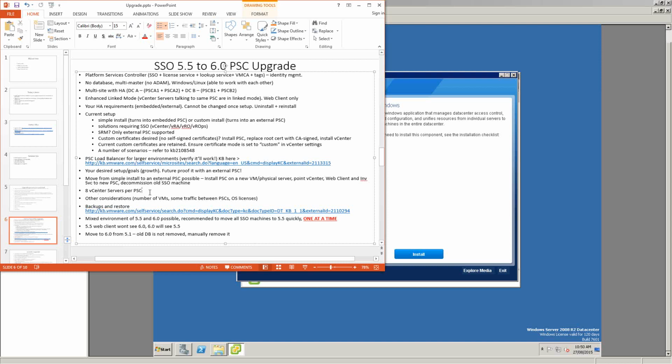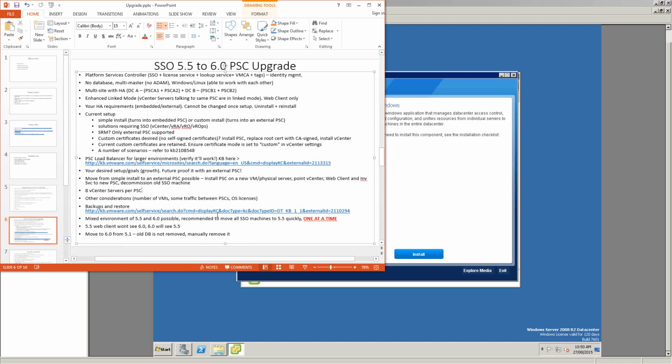I think it's recommended now is 4. But yeah, just make sure that you look that up. And the other considerations would be the number of VMs that you want to have. Also, just so you know, there will be some replication traffic between your PSCs. If you have external PSCs, then you will burn up additional Windows licenses. If you have a data center license, it doesn't really matter, but still the number of VMs increases and there's a slight increase in overhead when you need to patch your VMs.